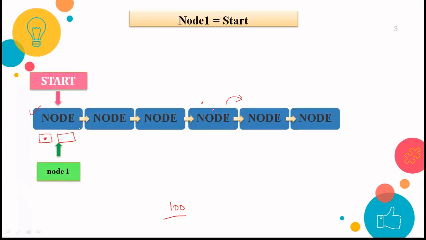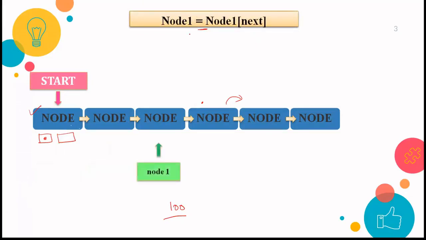Now let's understand it. According to this question, we have initially taken node 1, which is storing the address of the start, that is the first node. Now node 1 is going to be pointing to node 1 next. So every time, it is moving to the next node. As I've told you, this is the node where the information part contains 100. Because this condition is true, we have stopped this pointer over here. Now next, we have to insert a node after this value, the value that we were searching for.